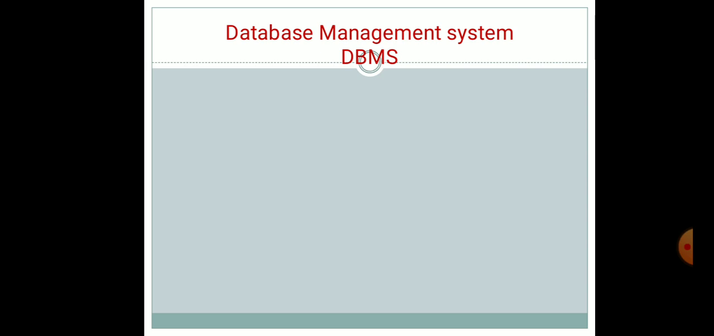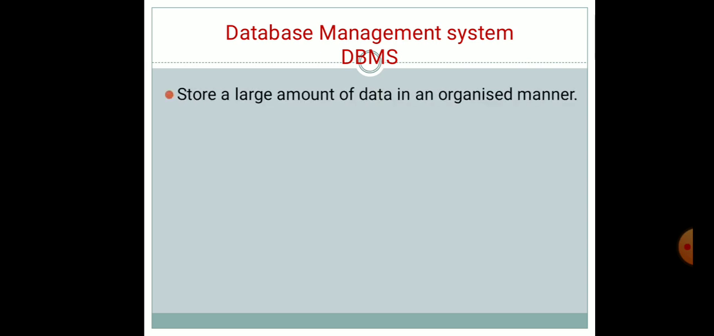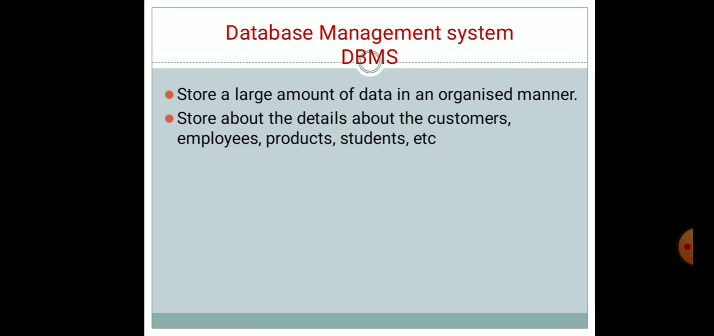Next one is database management system. So in the last two softwares we have seen the text and numeric softwares, isn't it? Here we can store the data also. That is, a large amount of data is stored in an organized manner. That is, we can retrieve the data easily. So it can store the details of customers or details of the employees or students or products, many more things. Examples of these software are